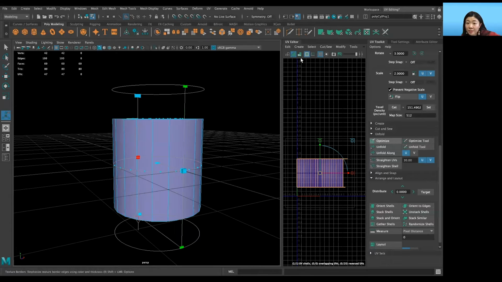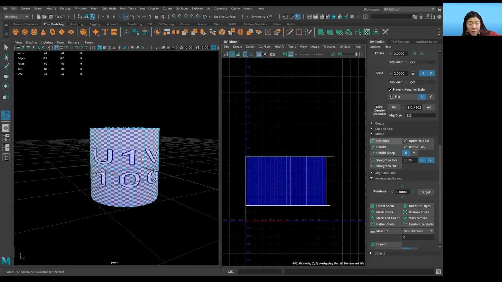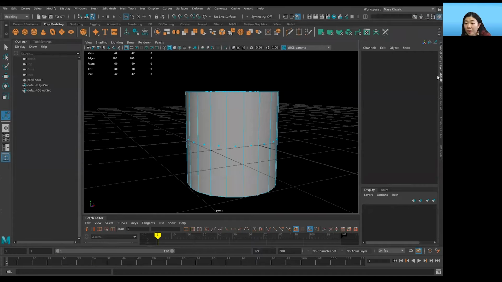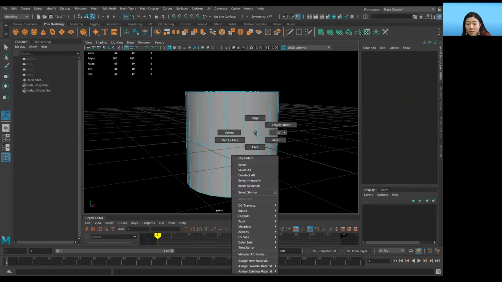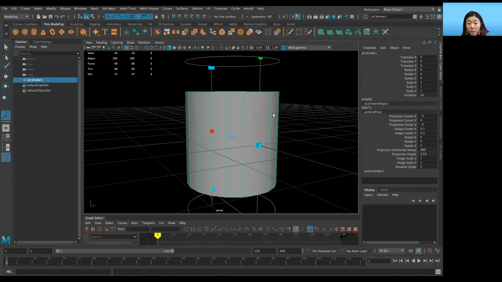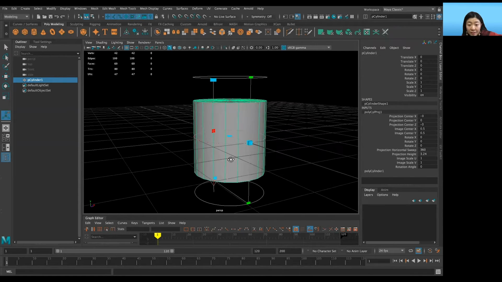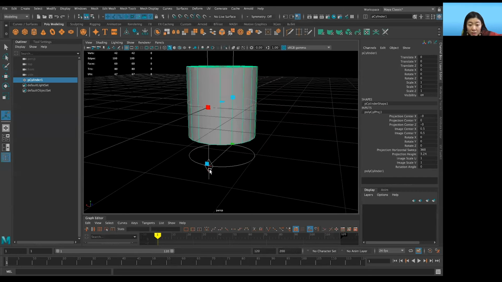Now let's check. Inside of this UV editor, let's tick on this checker display. And now we need our manipulator back. So I'm going to Maya Classic, shadow box, select this cylinder and click on this projector. We can use T to grab our manipulator back,